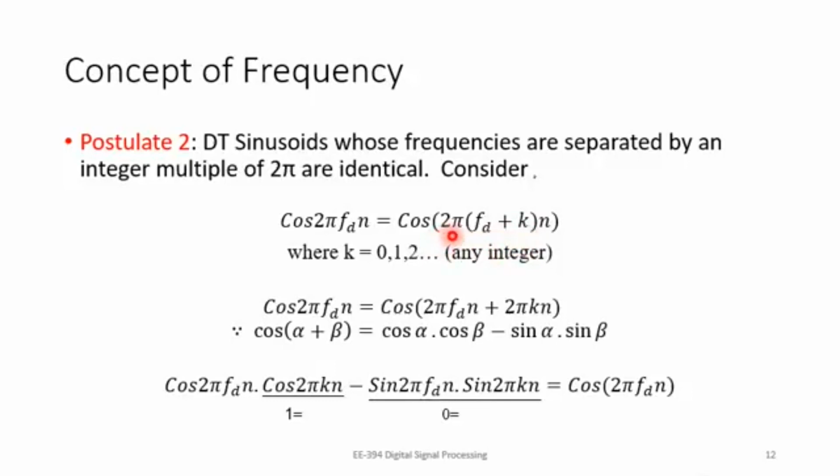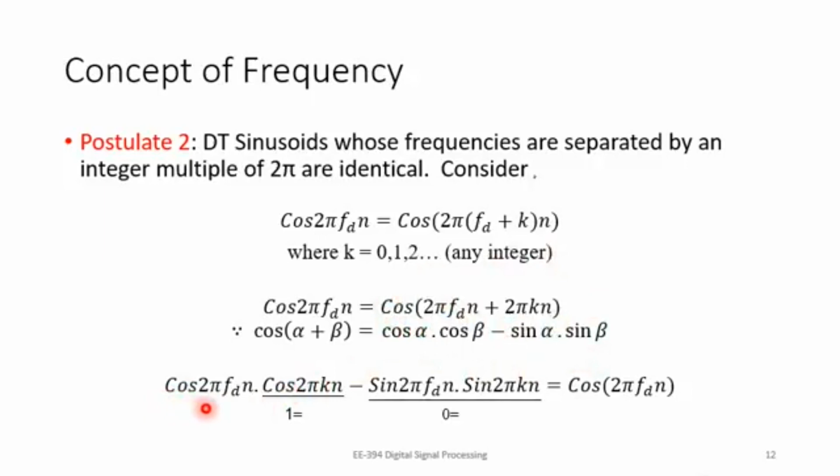Now the more important thing is to see, when we have this frequency fd plus k and we draw the signal, does it give us a different signal, or do we get back the original signal? So we start with this cos 2 pi (fd plus k) n expression, the right hand side, and we use the cos(alpha plus beta) expression as cos alpha cos beta minus sin alpha sin beta, and we expand this expression, which is now